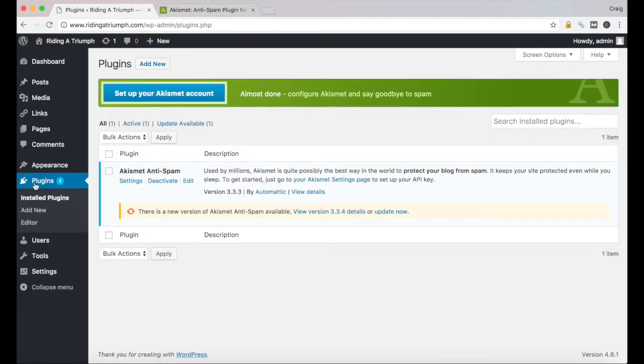Back to the plugins page. We want to install a new plugin. The next plugin on my list of recommended plugins is called the EWWW Image Optimizer. And when you want to add a new plugin, you simply come up here to the top and click on Add New,